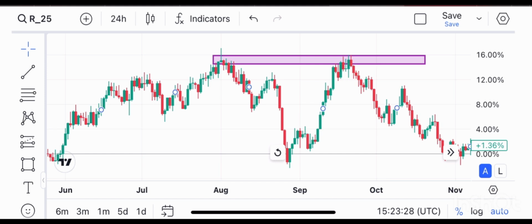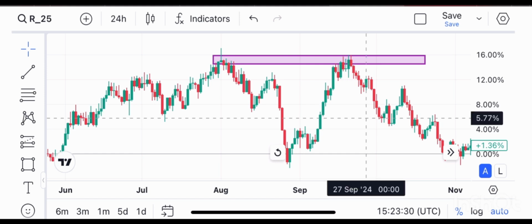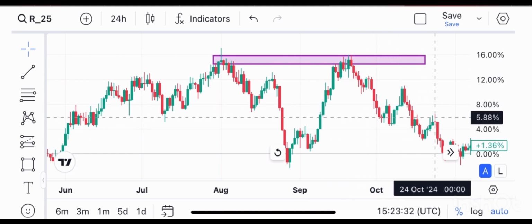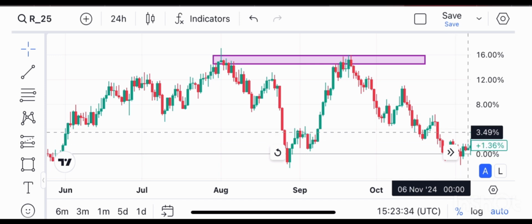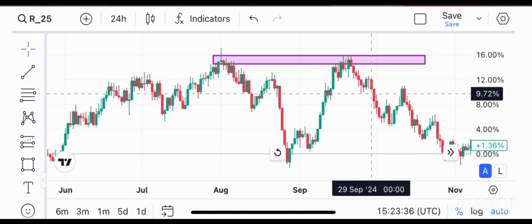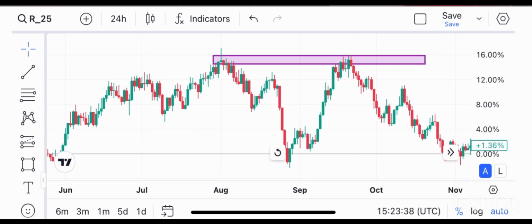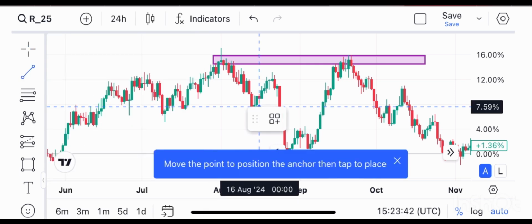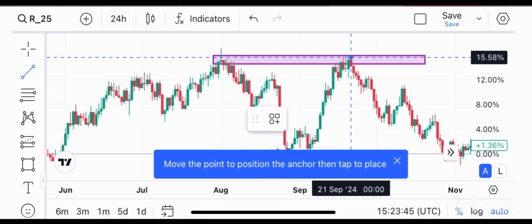And so what I was saying is, as this market is coming down, how do we know when the market will change trend to begin going up? And I said there are two things you need to do. The first thing is to take out your trend line tool and draw the trend line